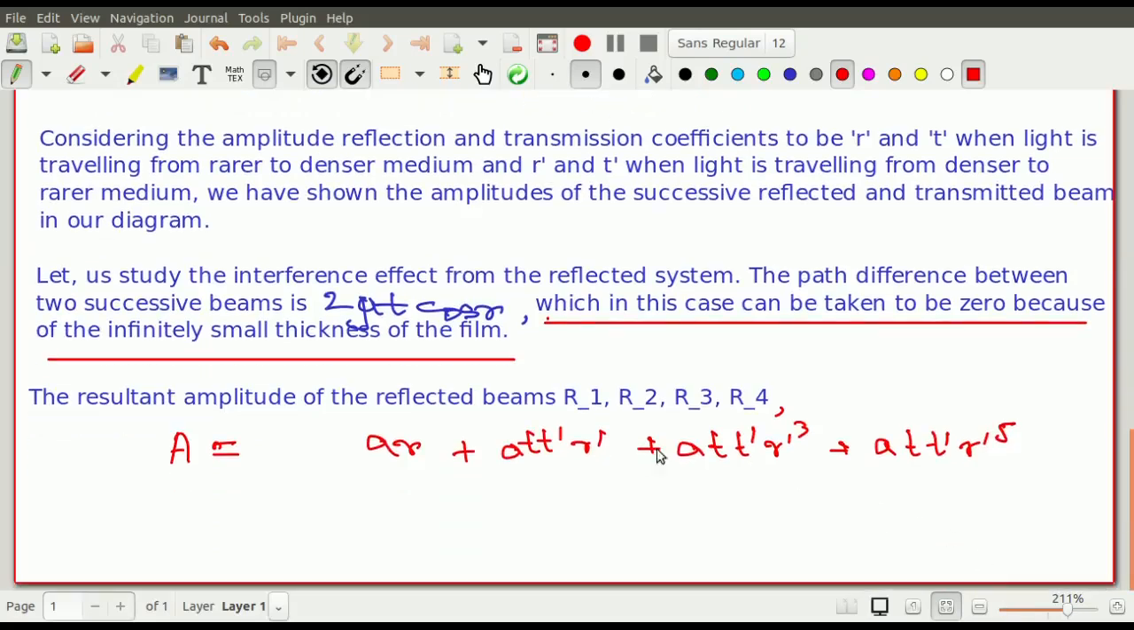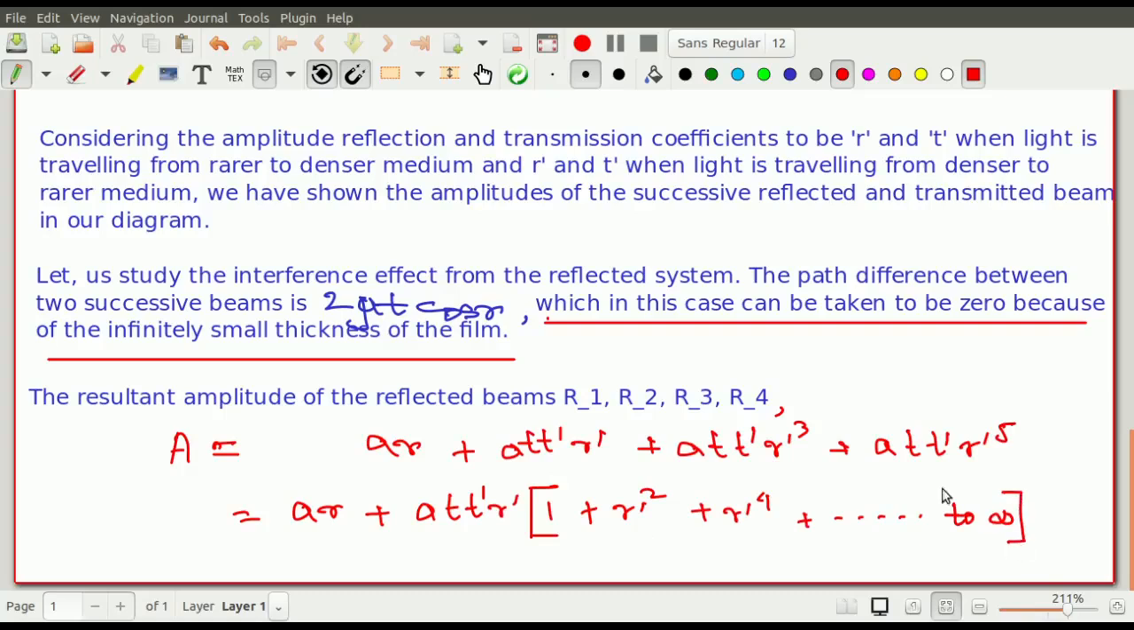So these are my different beams. Now AR I separately keep it, ওটাকে আলাদা রাখলাম, এটা কমন নাও তো এই জায়গাটা, A T T dash R dash কমন নাও, A T T dash R dash যদি কমন নাও, if you take it common, so that should be 1 plus R dash square plus R dash 4 plus dot dot dot, right? A T T dash R dash যদি কমন নি, 1 plus R dash square R dash 4 plus dot dot dot to infinity, because I said that I am taking many number of rays, and why many number of rays